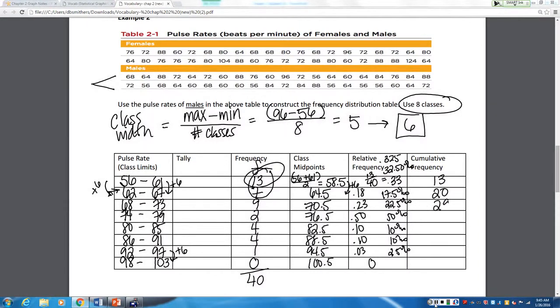And then you have 29, 31, 35, 39. And then I have 40. And then don't stop there. 40 plus 0 is still what? 40. All right. There is your complete frequency distribution for the males. Is that okay? Okay, so I'm going to